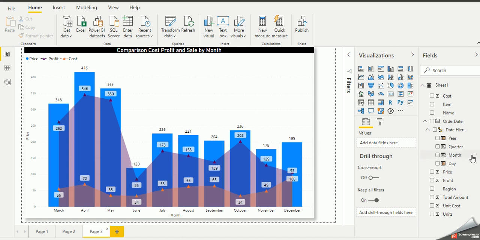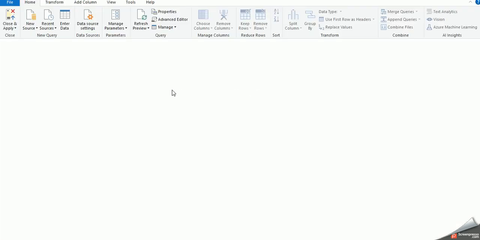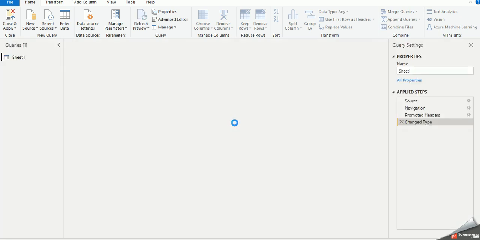The third topic is, if we want to show the month number instead of the month in text, like March, April. So how can we do it? We need to transform the data. When we click transform data, the Power Query editor will open.